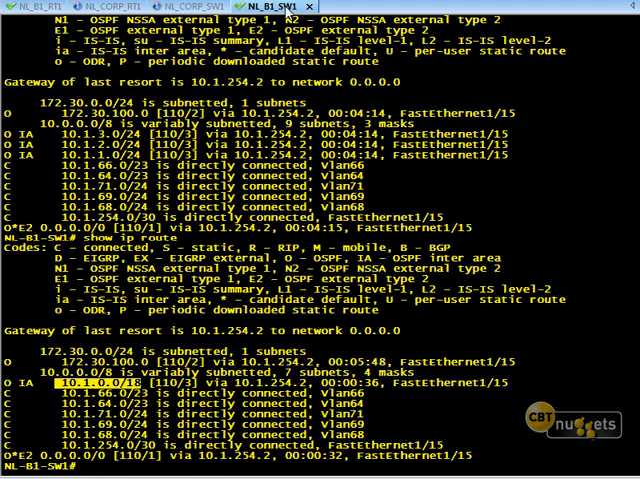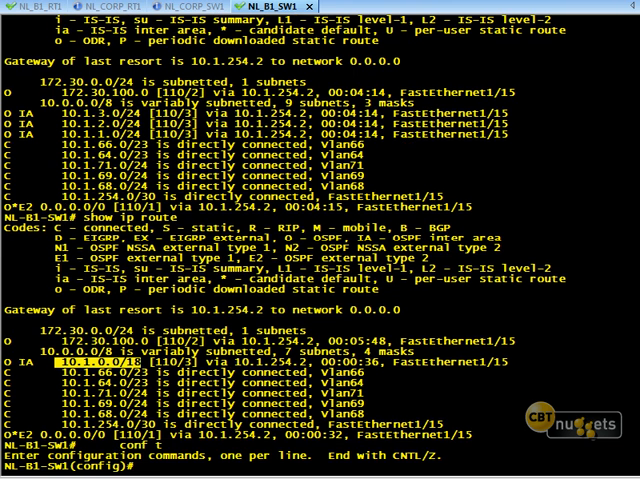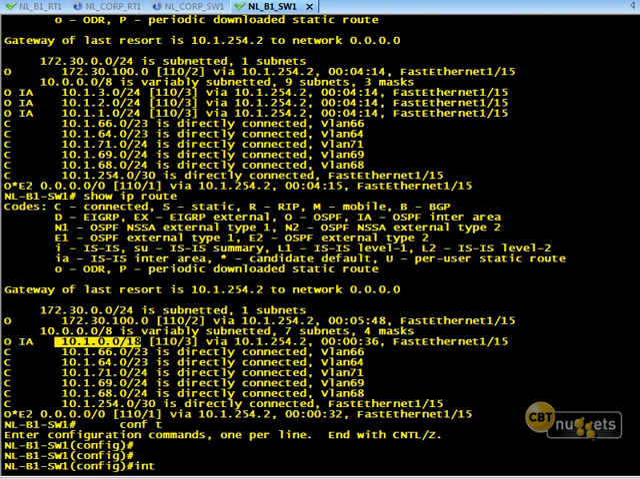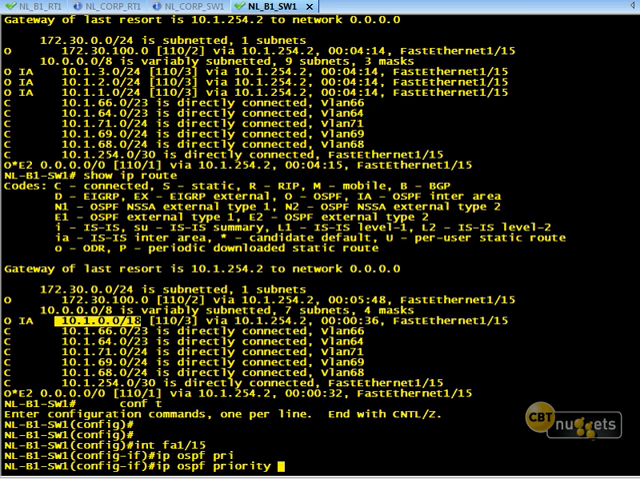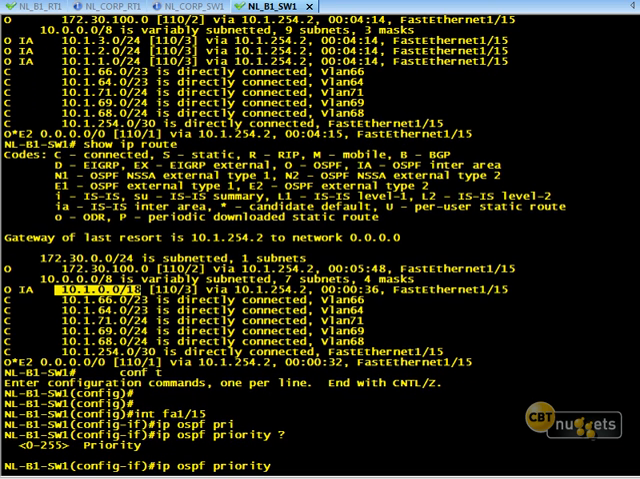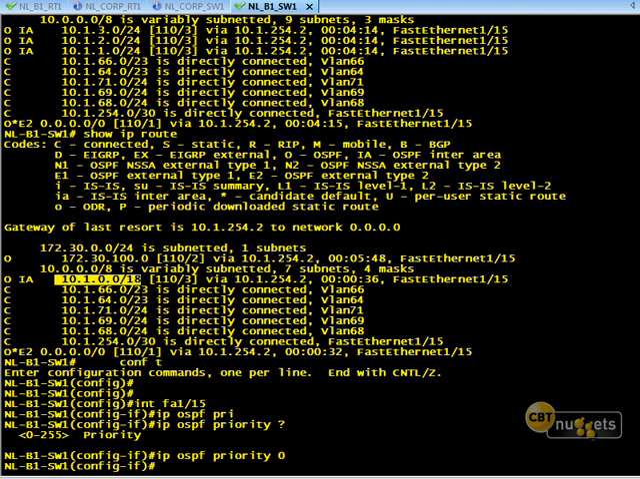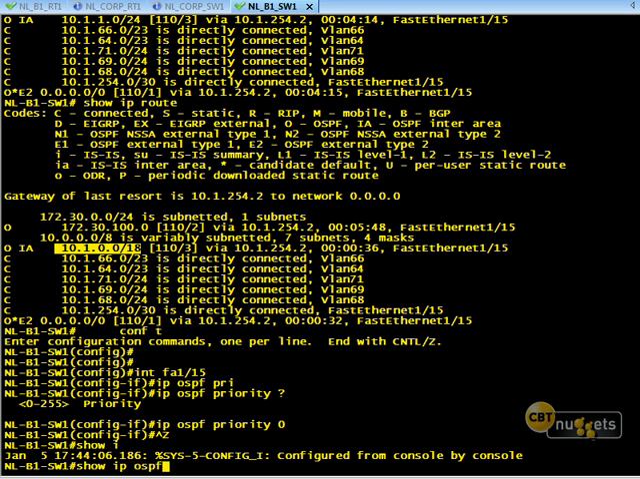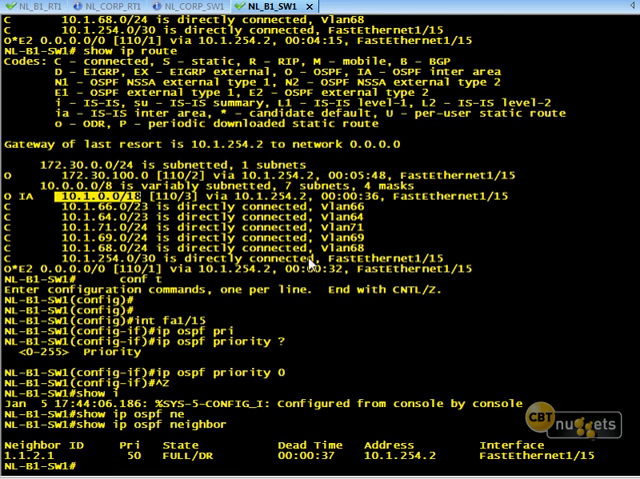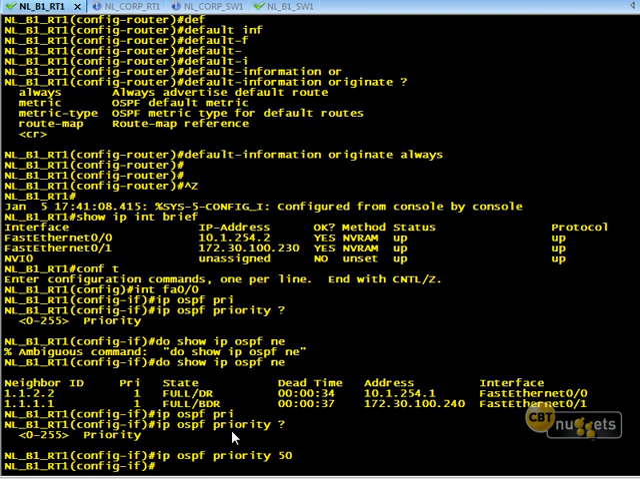So let's go over here to branch 1, switch 1. Let's exempt him completely. We'll go under interface FA1/15, which is what connects to router 1, and do IP OSPF priority 0. So he is now completely exempted from that election. So we'll do a show IP OSPF neighbors from his perspective, and notice router 1 has now jumped over as the DR. If I go back to router 1, do the same command,